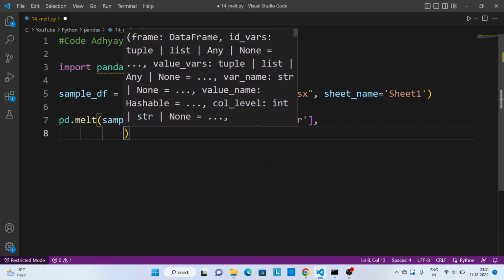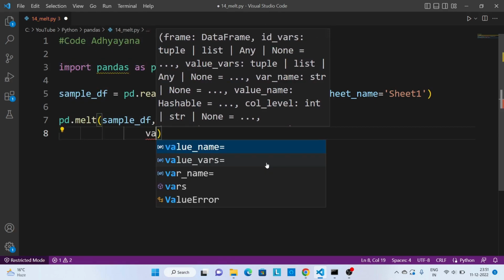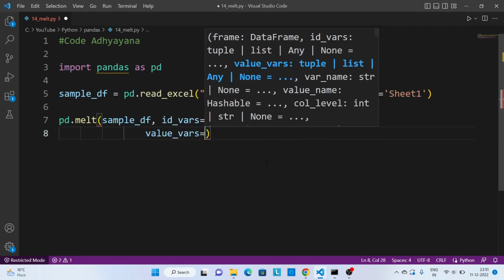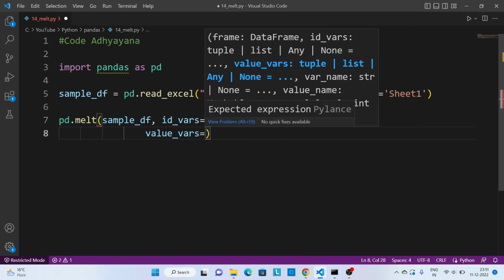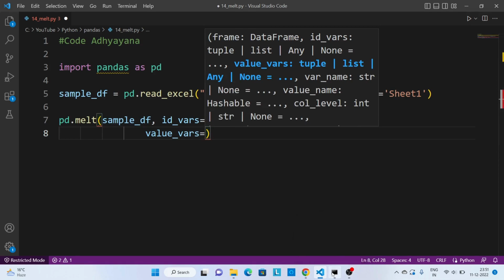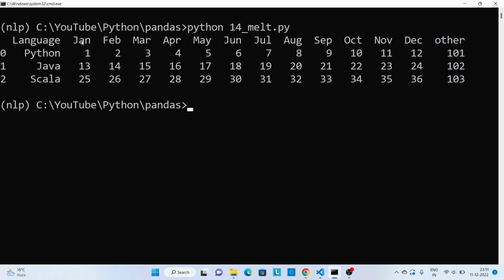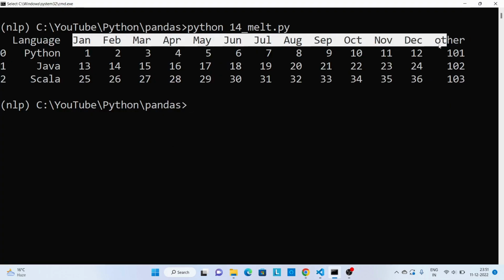Second parameter is value_vars. For value_vars, we have to mention all the column names. Here we have Jan, Feb, all these column names we have to mention.